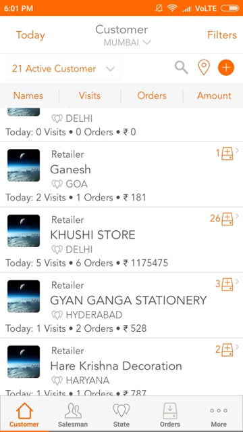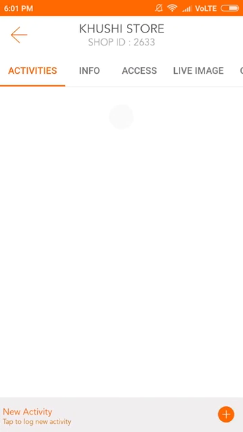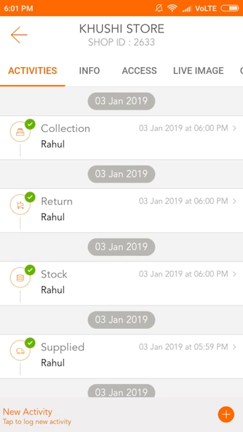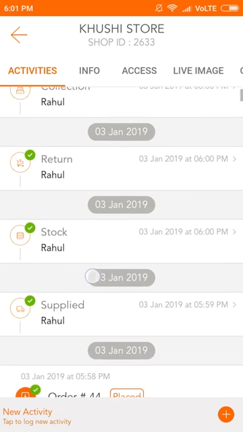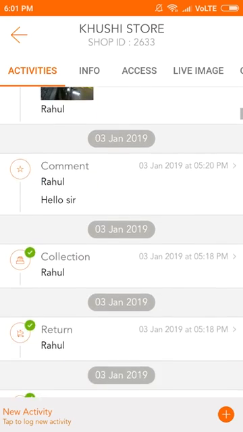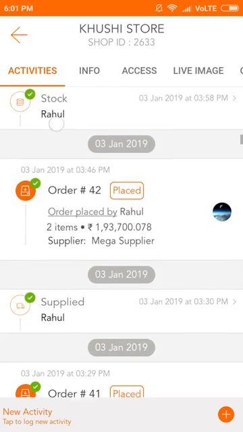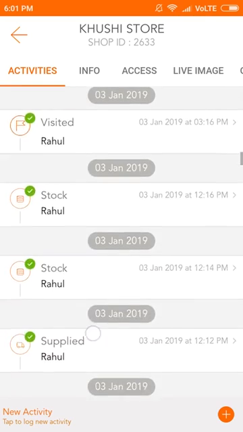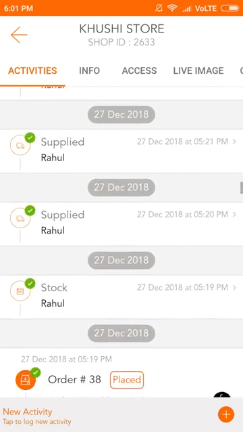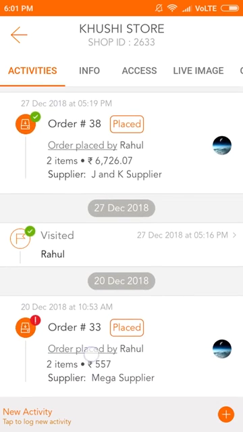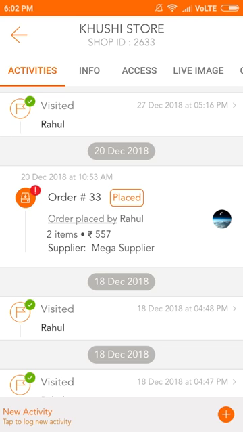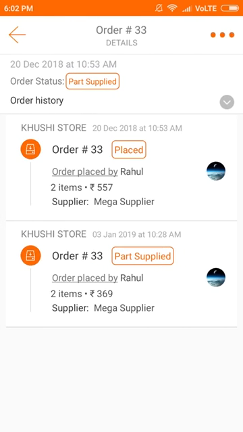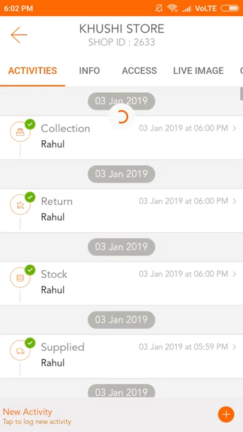By clicking on Khushi Store, the Activity tab is shown where the entire list of activities performed by a salesman is visible. All the activities which are marked in red are non-verified and in green are verified.